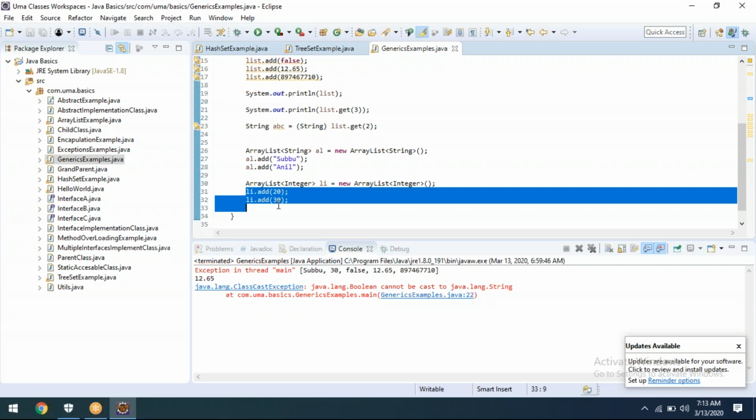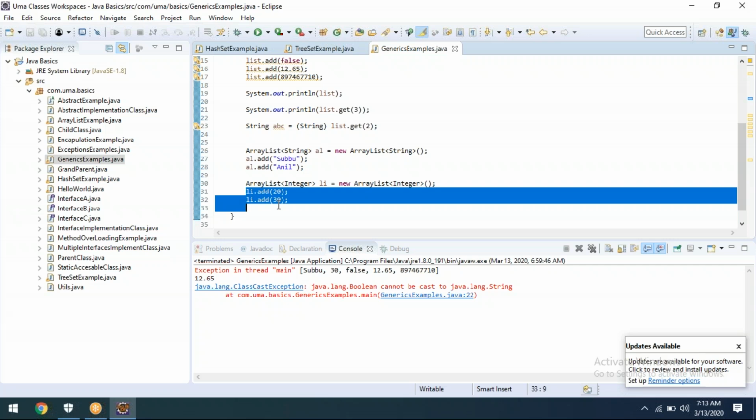Let's say, for example, hash set is there, at the same time tree set is there. You can use the same thing there as well. But only one thing, after using generics, only one type is allowed. What type you want to allow, you have to put it at the beginning while declaring the list or set or any collection. Getting my point? Now the same is applicable for tree set and set as well. There is no need to learn again.